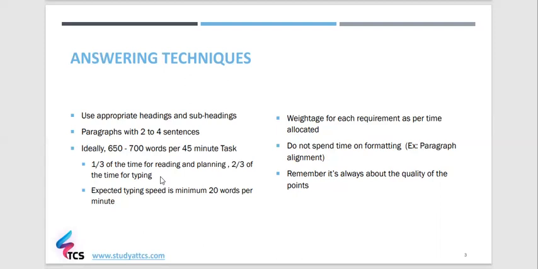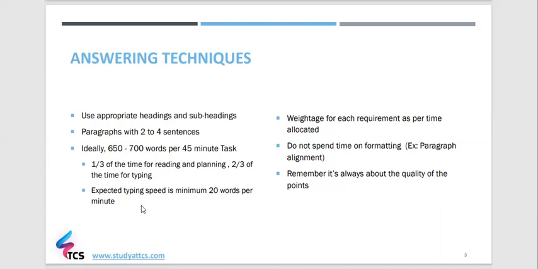Okay, so the best practice is, rather than reading the question and straight away trying to type answers, you need to spend 15 to 20 minutes of your time to structure your answer, or to come up with an answer plan. That's quality time which you are spending to think, evaluate, and build arguments. Once you have a structure, once you know what type of answers you are supposed to provide, the remaining time, which is 25 to 30 minutes, can be spent simply typing the answers. You'd realize what these things are and how to do it later on when I'm taking you through the mini mock and suggested answer.